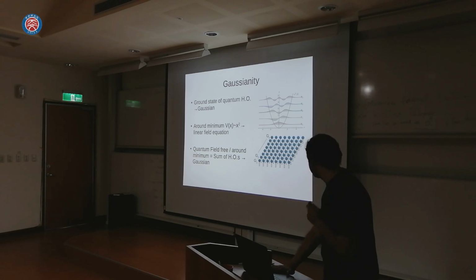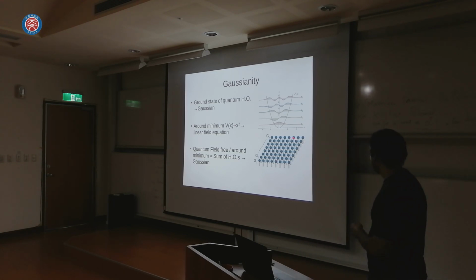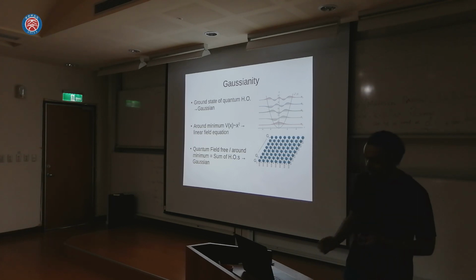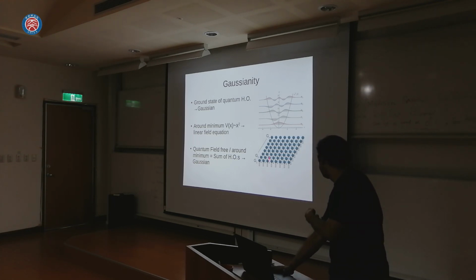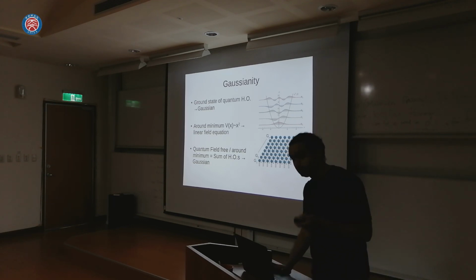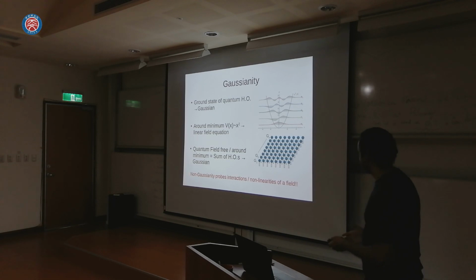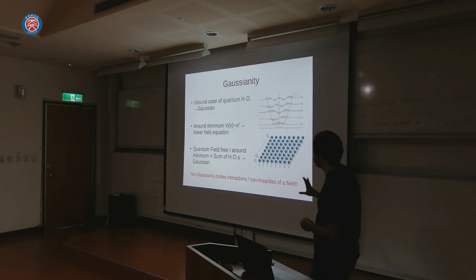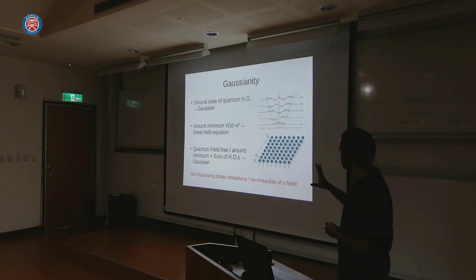But there's one catch in this story. I have assumed that all these are independent. And because of this independence, once they are summed over, the total distribution becomes Gaussian. But if there are some interactions among these oscillators, or they start interacting with some other field, they are no longer Gaussian, and then the total sum is no longer Gaussian. Thus, non-Gaussianity can actually probe interactions of these fields that are present during the time of inflation. So once again, we are talking about the first 10 to the minus 36 seconds of our universe.